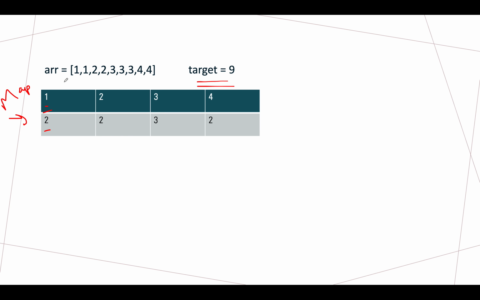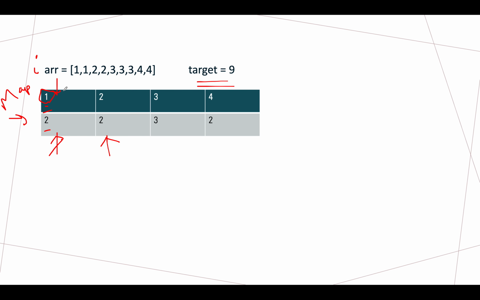We'll be using 2 loops that would iterate over all the keys in our input map. So this is for i, the first iteration, and this is for the second iteration. So let's pick up 1, and this will get the first key as 1, and for the second iteration it's also the same. So it's 1 plus 1 becomes 2, and we'll search whether 9 minus 2 is there in the map itself or not. So 9 minus 2 is 7. 7 is not there in the map. We'll move ahead to the next iteration.